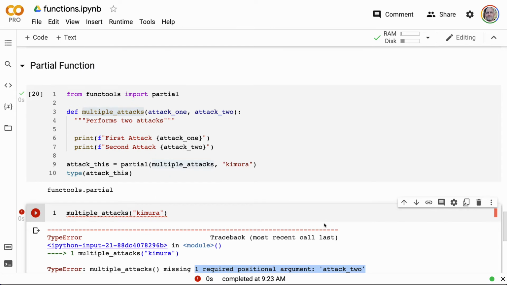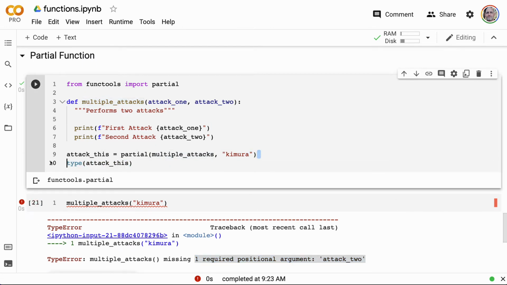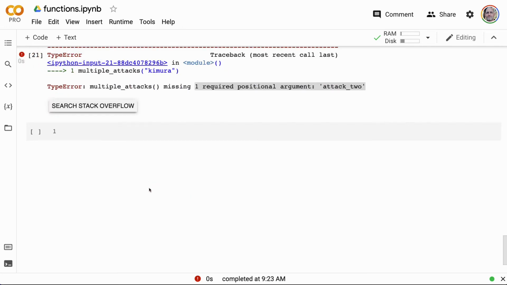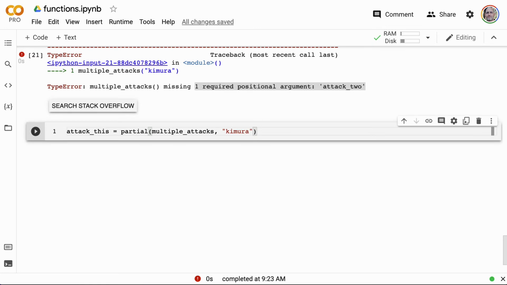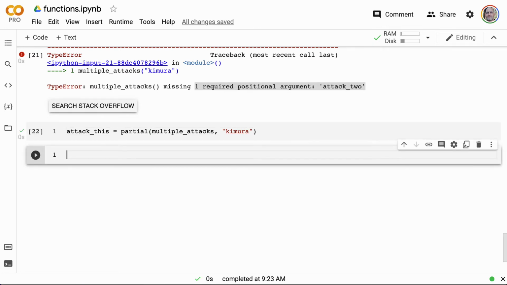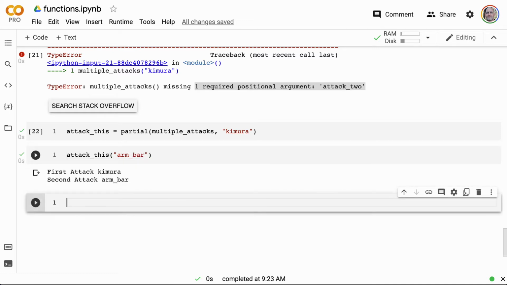It just doesn't work. But if I do it with the partial, what happens is that the partial allows me to partially call it. So it's basically initializing it with a value. And then if I say attack this, and I put in a second attack, and we'll call this, I don't know, arm bar or something like this. There we go. It's able to go through and it's able to actually call it.